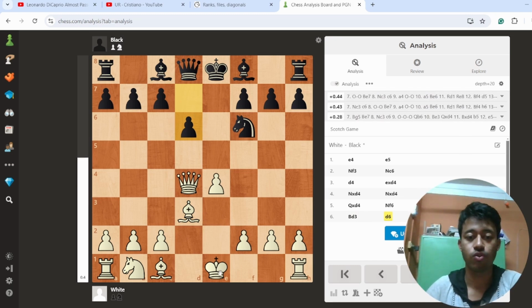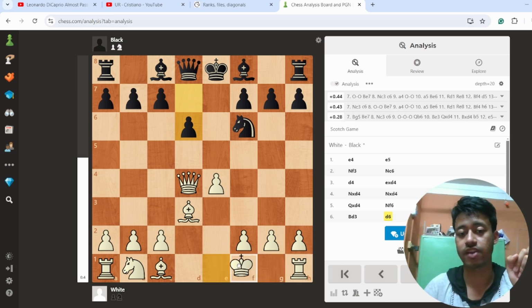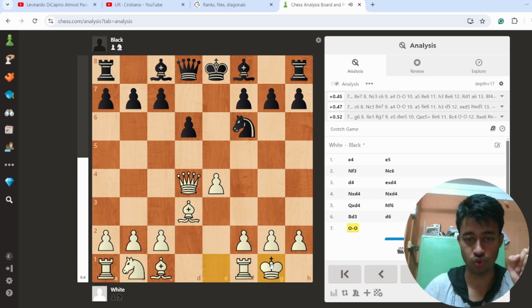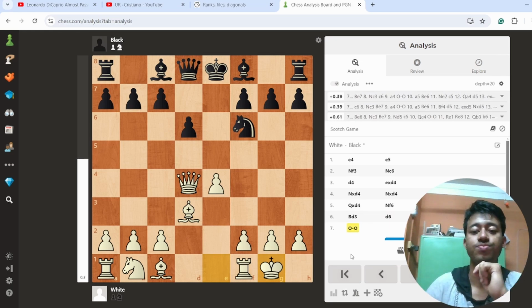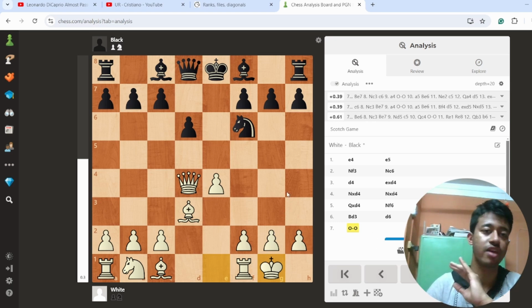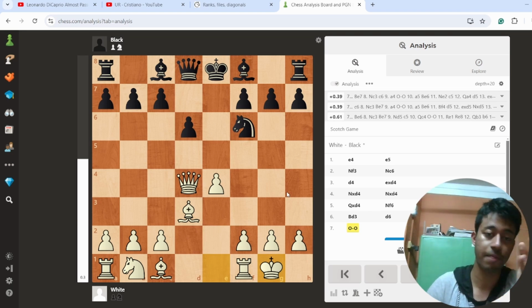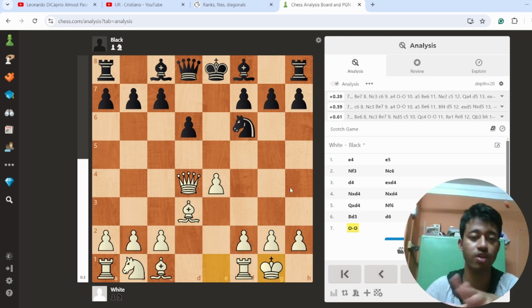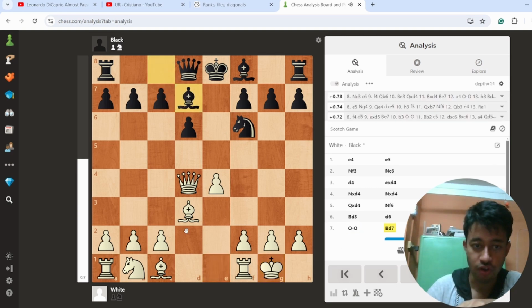And now the surprising move, castling. What do you write for castling? Yes, O minus O. You can see up here, 0-0 or O-O. That's the thing you should know extra, and everything else you will understand by playing, by writing. So for short castle, it's O minus O, and for long castle,